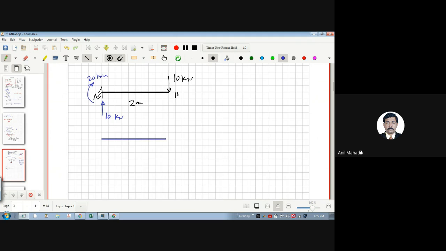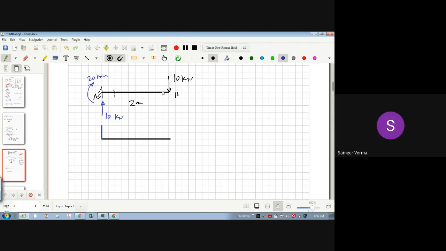Let's draw the shear force. Now let's start with the left side. तो 10 है upward, तो यहाँ मेरा कैसे आएगा? 10 आएगा ना upward। यहाँ तक तो 10 ही आएगा मेरा। अभी यहाँ कितना है? यहाँ मैंने सेक्शन लिया बीच में, कहीं भी। It's anywhere. सो 10 ही आ रहा है ना।